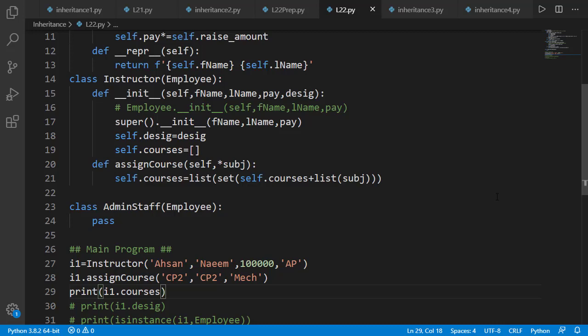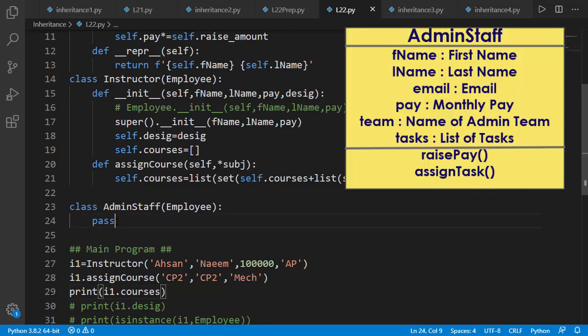Now let's update the admin staff class, where we need to have team as attribute and tasks will be set to an empty list. So again we need a separate init method for this.